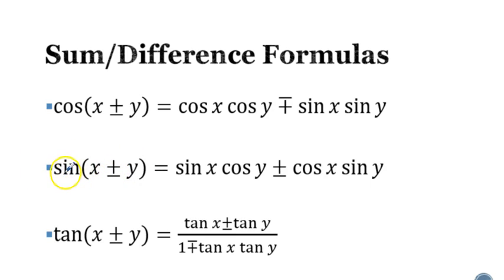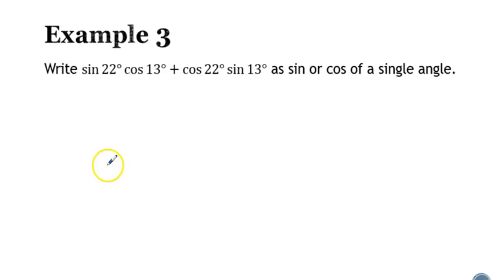So I know I'm going to be doing sine of something, and then the other thing that's important to notice for sine is that if they use the plus sign between the expanded version, then it should be a plus sign for the two angles. It does not flip like the cosine one does. So I need to identify what the two angles are, x and y, and then figure out if it should be a plus or a minus, and then we're just going to write one trig function using those combined. So since they use the plus, I'm going to be using a plus. And the two angles they have are 22 and 13 degrees. So I would have 22 plus 13,